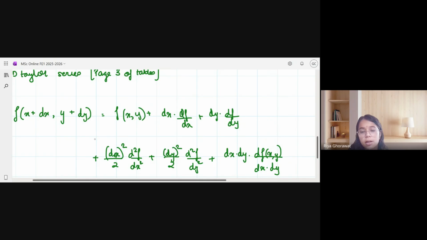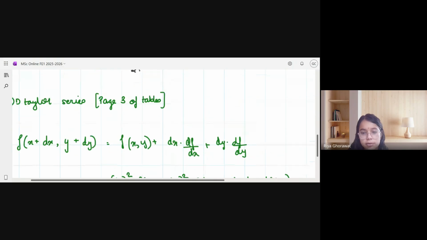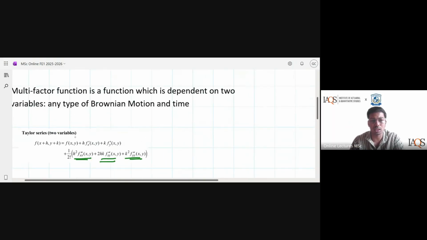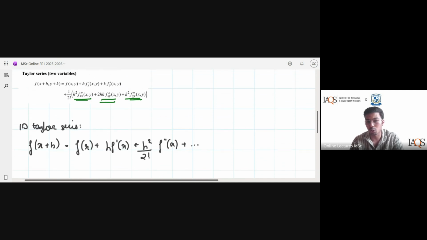Sir, how is the third term derived? So it's ideally like when you go to your Taylor series, when you have your h square by 2 factorial f double dash x, here you take the entire square term of the second derivative with respect to x and with respect to y. You don't have the derivation. It's just that the two-dimensional will be straightforward. From the table books, you can directly pick it up. It's that kind of thing.